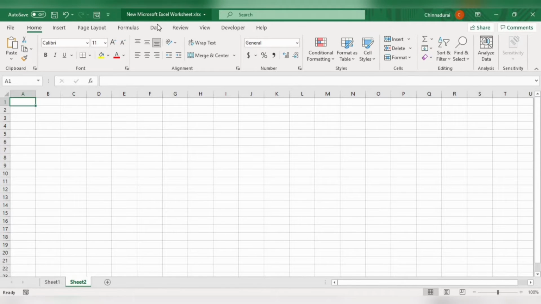But when we go to Power Query, the data will get aligned automatically. Whatever you want to do in the table, you can change it or add additional columns. If you have any requirement to calculate some formula, you can add a formula also. So whatever you want to do in the table, you can do it.